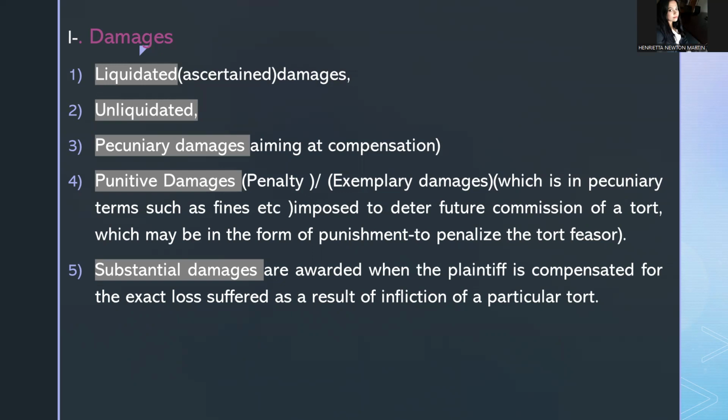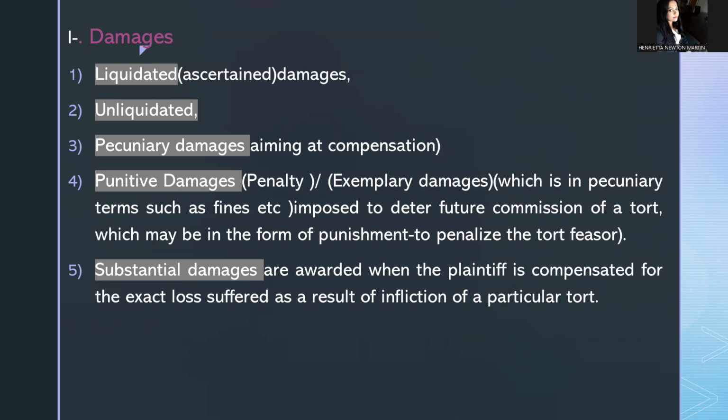Now, what is unliquidated damages? Unliquidated damages are damages which are ascertained by the courts, which are decided by the courts, which is calculated by the courts depending upon the facts and circumstances of each case, and depending upon palpable damages or tangible damages, what the court really assesses and thinks it is right in certain circumstances that can be awarded. So unliquidated damages are damages that are awarded by the court. Next is pecuniary damages. Pecuniary, the meaning of the word is something related to money. So pecuniary damages are damages that mostly aim at monetary compensation or monetary damages.